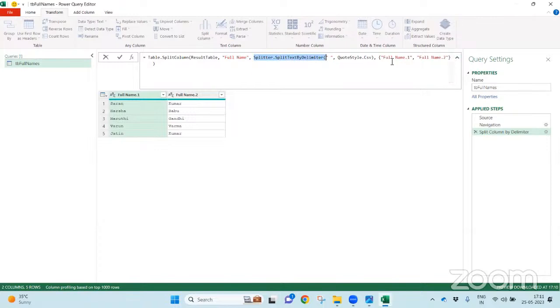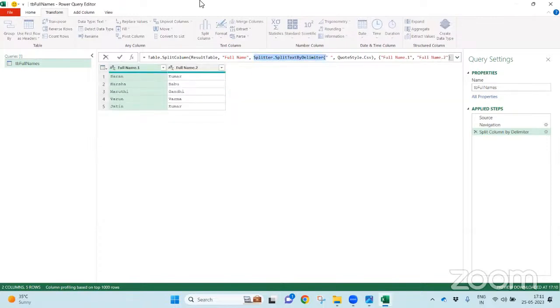You need not bother about these functions when you are using the user interface. Now, let me rename this as first name, then middle name. Now it has written another Power Query function, Table.RenameColumns. For this, the previous table is the input, and for this name, please convert into this name. For this name, please convert into this name. Please replace with this name, right?